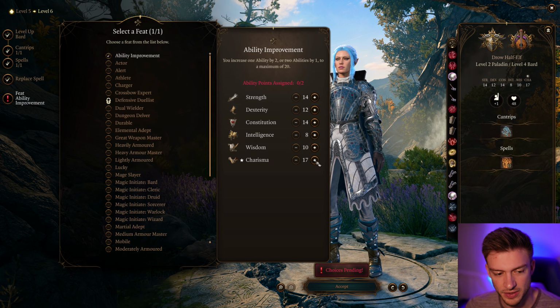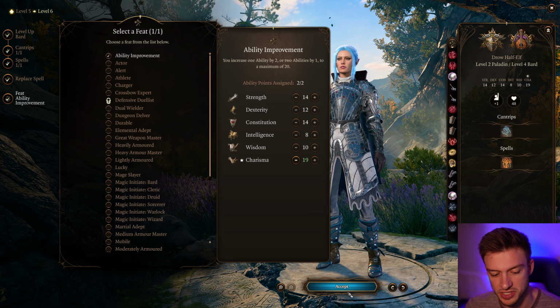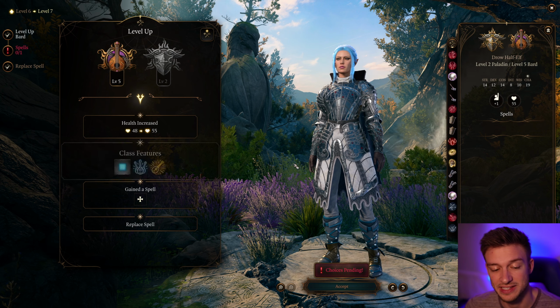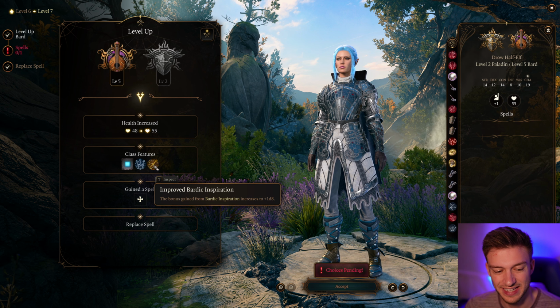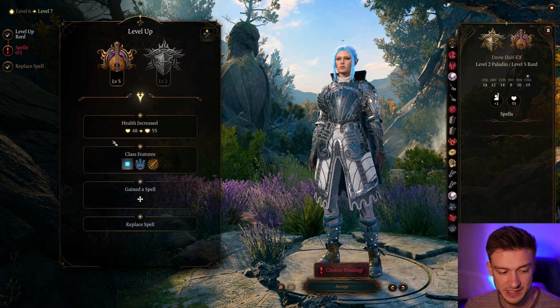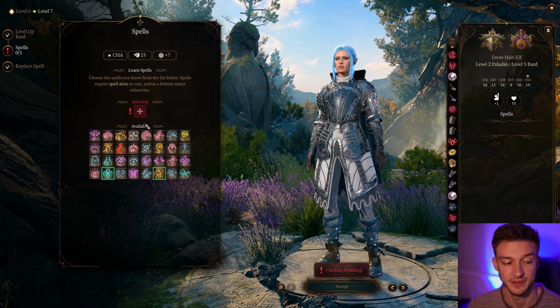I'm going to take the Ability Improvement, and we'll take our charisma up. We'll pretend that the Hag's Hair pushed our charisma up to 20, so that's going to be where we're at. At level 5, we get our improved Bardic Inspiration, taking it up to a 1d8 from a 1d6, and we regain all of our Bardic Inspiration on long or short rest, which is awesome, because we get an extra bonus